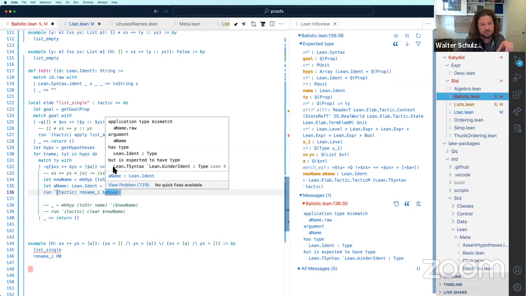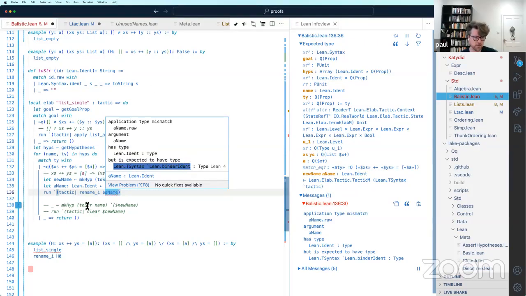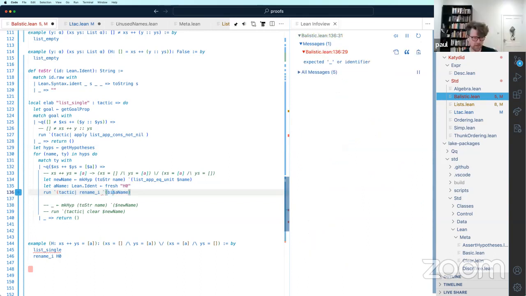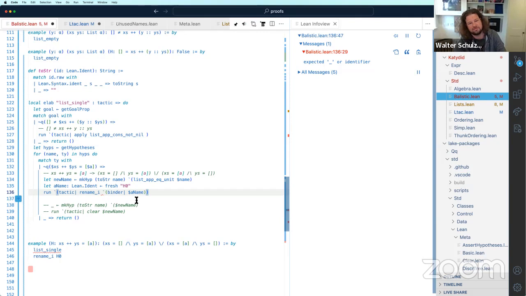Yeah, so this needs to be in a different syntax, I think. See this Lean syntax, right? So it's almost like when we call other tactics, it's the wrong thing. We need it almost like this, right?